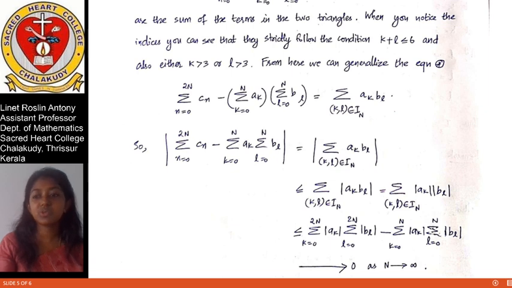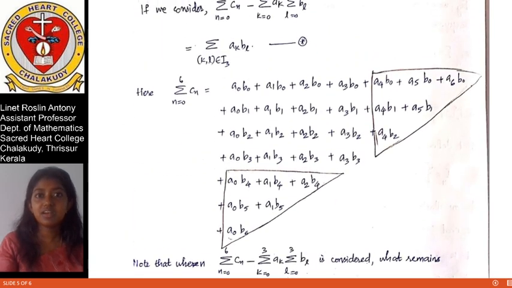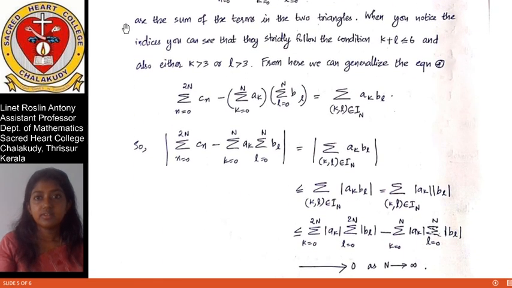So from this illustration, hope you are able to follow it. We are generalizing the equation star here. When we had I_3 here, this capital N here was twice that. That means here we have 2 into 3 and the rest is the same. Wherever we have 3, we generalize it to capital N, and instead of 6 we have 2 into capital N. So the equation star is generalized to